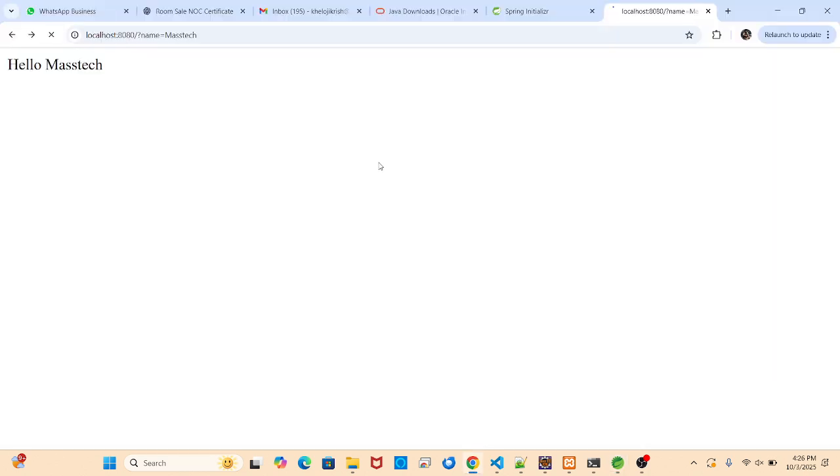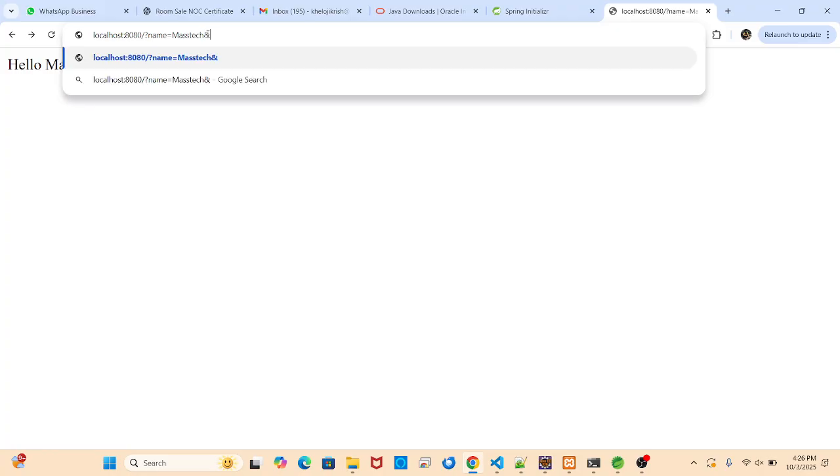How will I get this? Here after that we'll use ampersand. Here the last name, the attribute parameter name, and pass solutions. Press enter. So we'll get Master and Solution, both of the strings which we passed in the parameters.